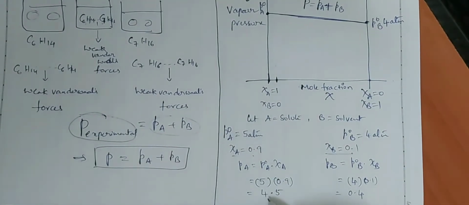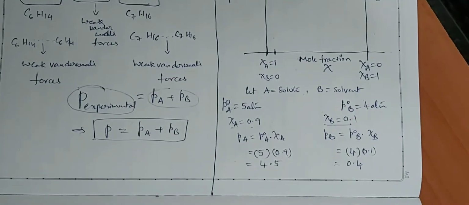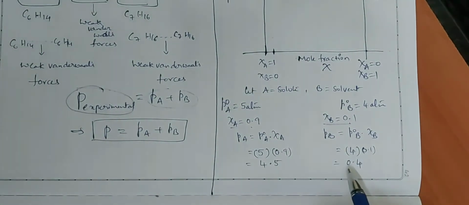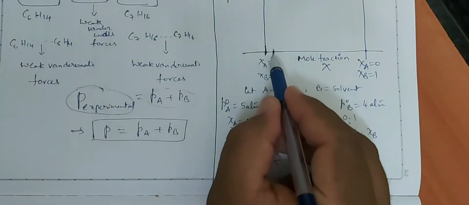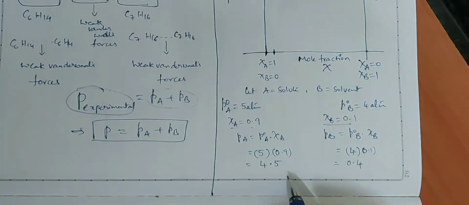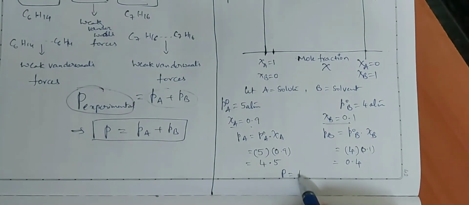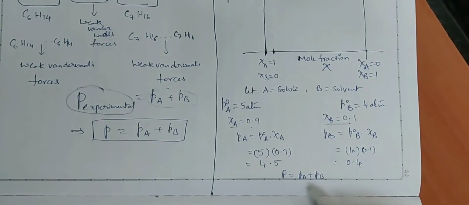This is PA and this is PB. Now at this point total pressure P is equal to PA plus PB, which is equal to 4.5 plus 0.4,